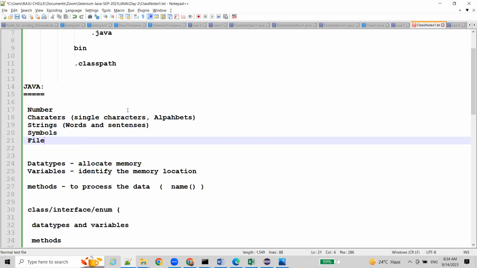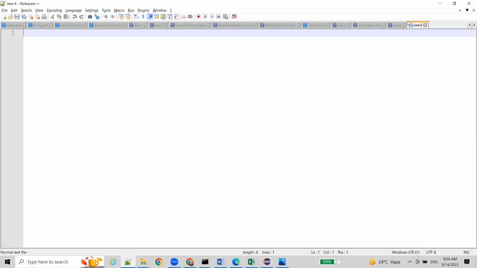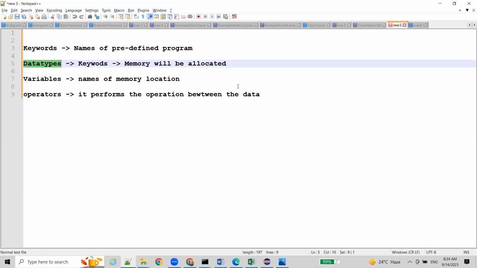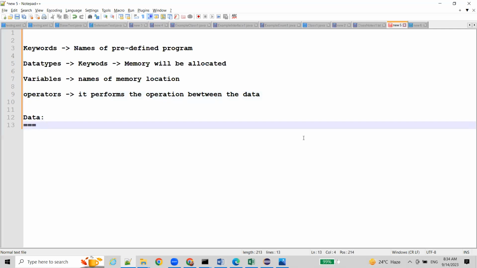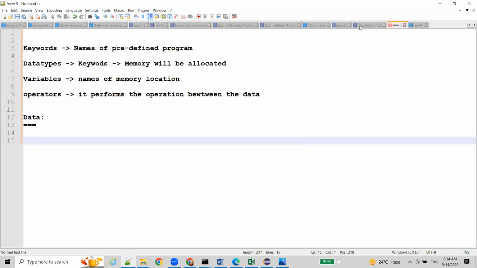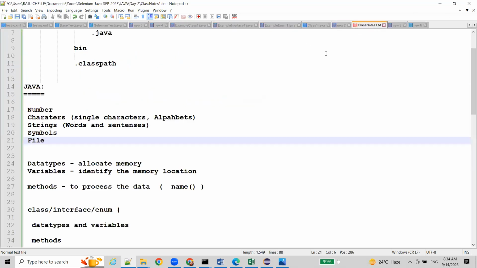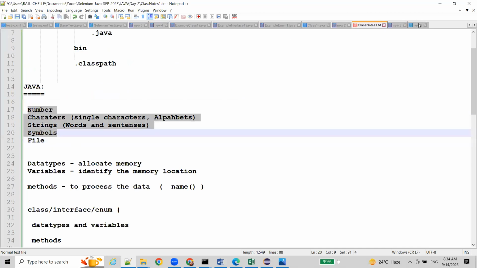Suppose we take the general data, this general data we have categorized into